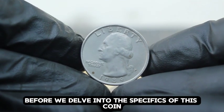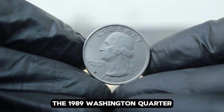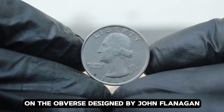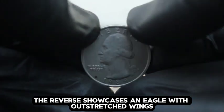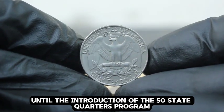Before we delve into the specifics of this coin, let's take a quick look at its history. The 1989 Washington quarter features the iconic portrait of George Washington on the obverse, designed by John Flanagan. The reverse showcases an eagle with outstretched wings, a design that remained consistent until the introduction of the 50-state quarters